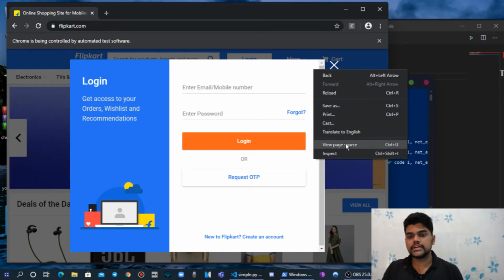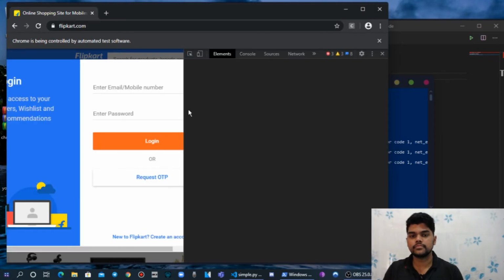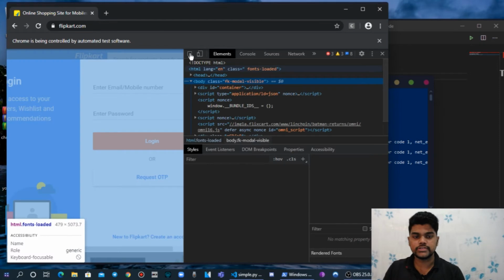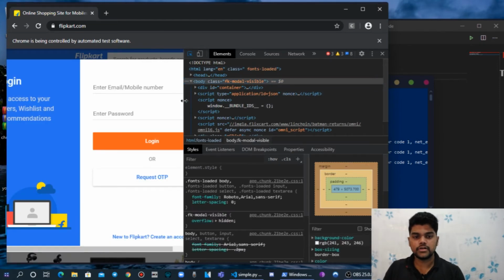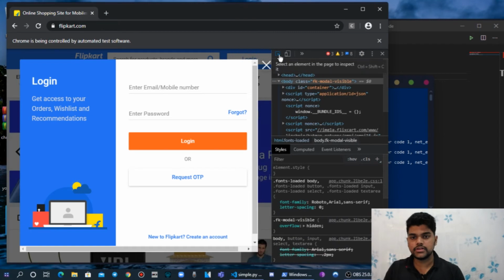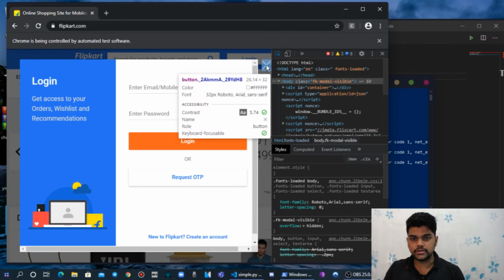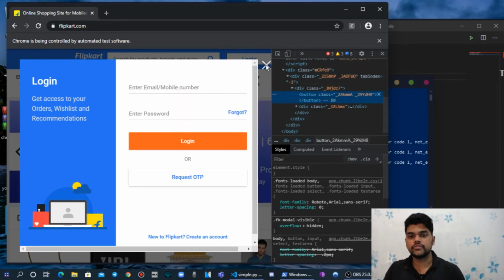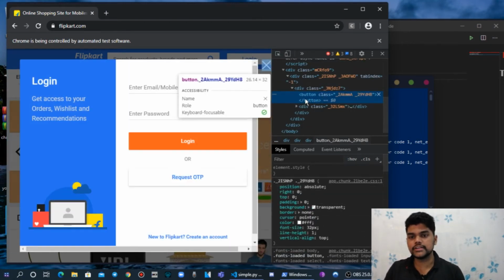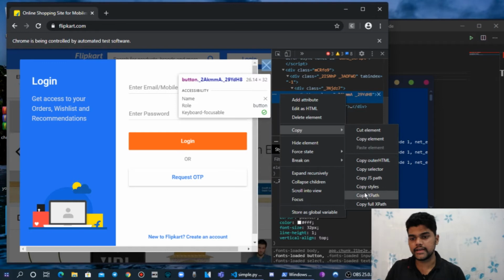Right click on this and click on inspect. Now select this cursor button and move your cursor to that cross button. When you click on that you will get that element. Copy that element: right click on it and copy its XPath.